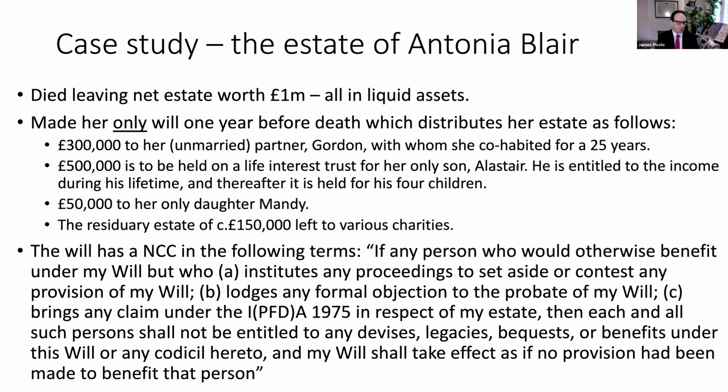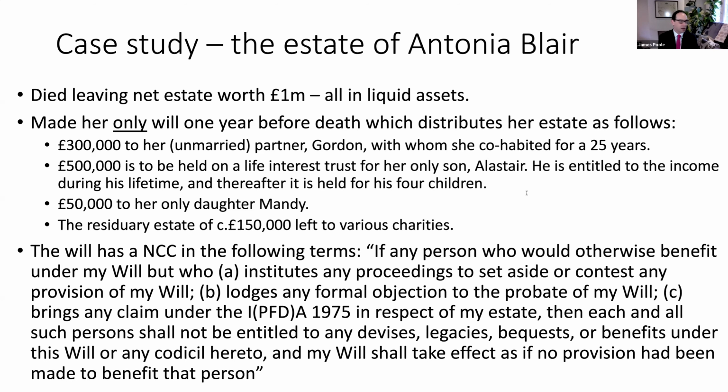I think it's not completely unarguable. You could say that there obviously was a pattern of maintenance over a long period, and significant financial assistance given to him by Antonia, albeit it came to an end before she died. I think you could argue on his behalf that what he's been given, the life interest and income, is below what's needed for his maintenance, paying off debts being an example of maintenance. So reasonable provision for his maintenance would be to earn enough money to allow him to pay off those debts.